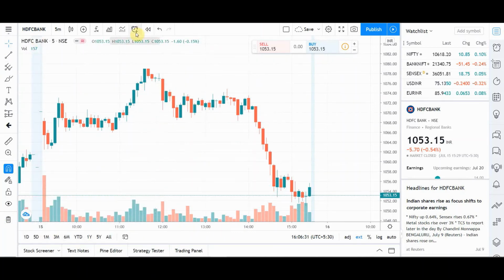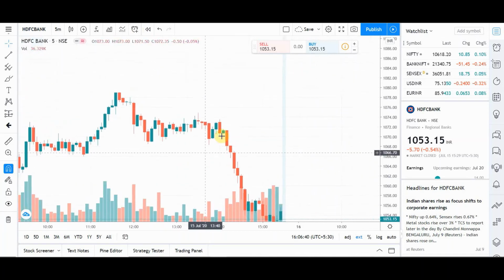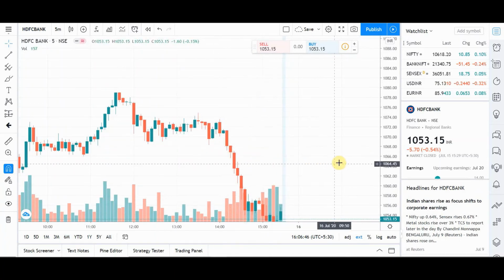So coming to the chart, here we can see a clock button where we can place an alert. Alert means, suppose we want to take a call, say HDFC was falling, and we want to take a call at 1066, so we give an alert at 1066.55. At that time, on our desktop the alert will be shown that the stock is going to 1066. It will be very useful for those who are keeping it aside and looking for trading.